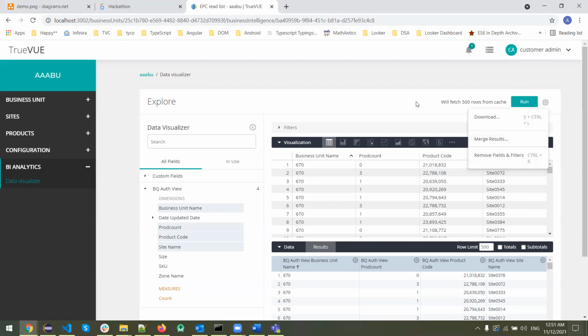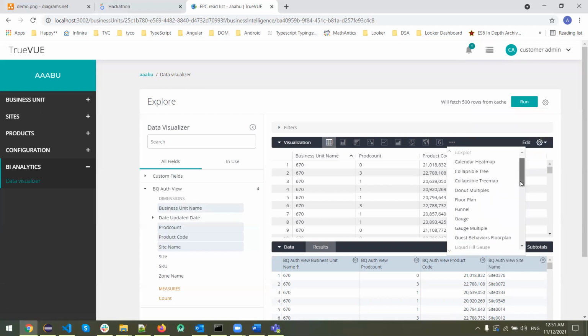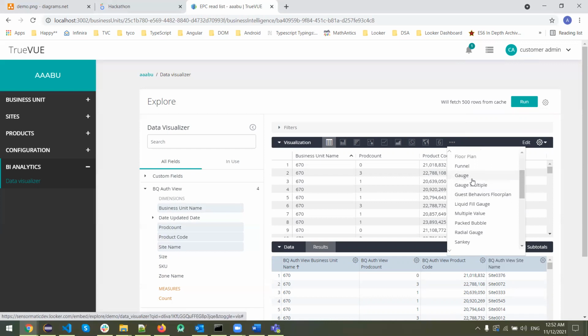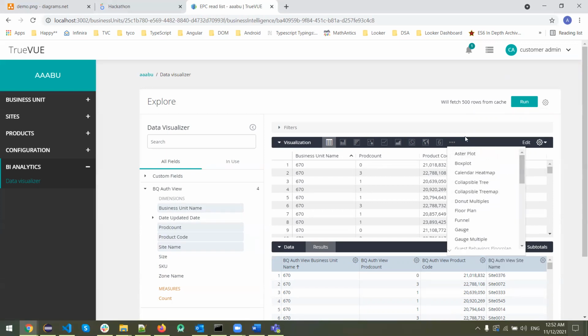And Looker supports custom visualizations, right? Yeah. Whatever custom visualizations are added in the Looker environment are also visible here. In our case, the gauge and gauge multiple custom visualizations, we are still able to see them. If we have the respective measures and dimensions, then all the visualizations are available. Okay, thanks.